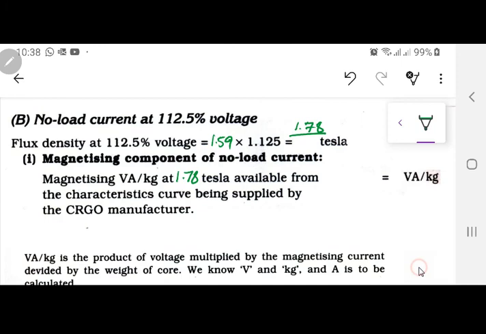Just see if I don't miss anything. What is the value? Sorry, the third one actually here. One thing here, now it is of two, keep this in mind. 5, 6, 7. So I am something in between 5 and 6, and if I want something here, this is 5.2, 5.4, 5.6. So this is 5.6 VA per kilogram. This means over here it is going to be 5.6 VA per kilogram.